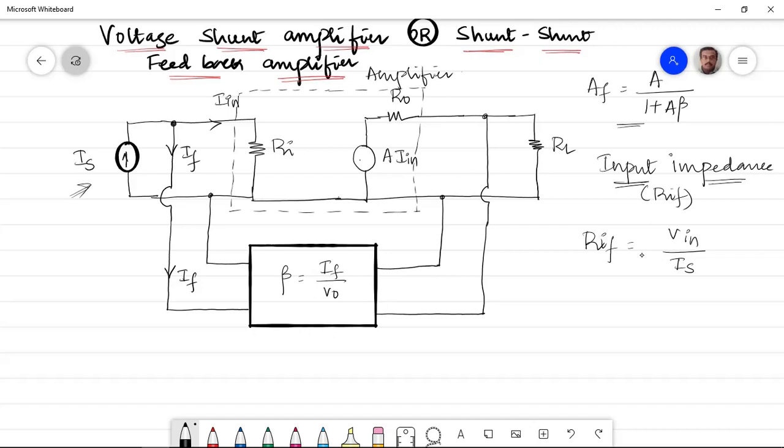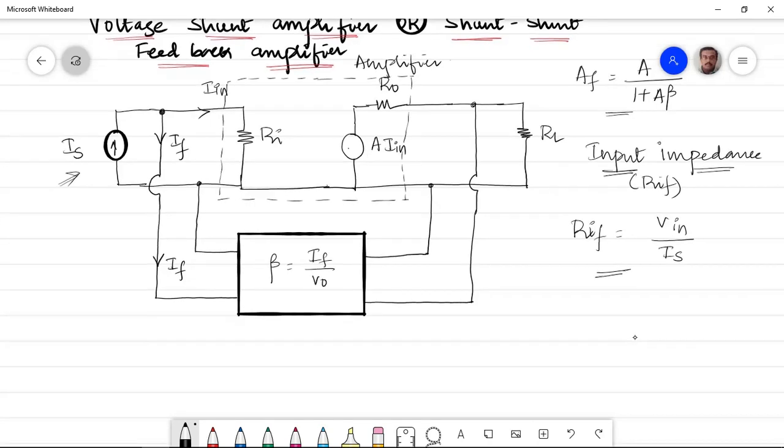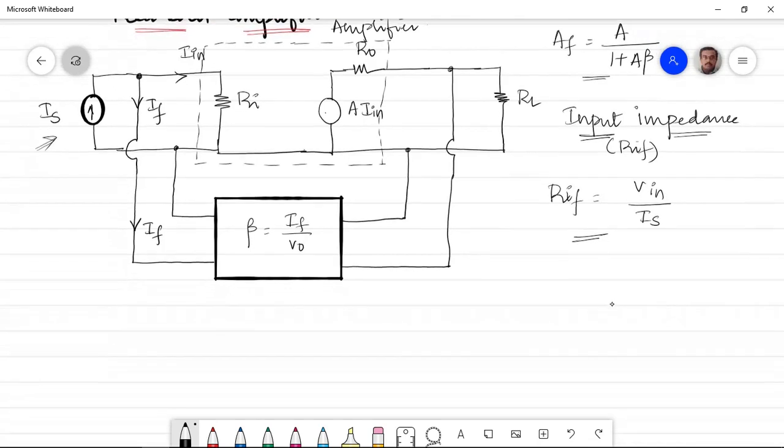You must be wondering, where is that Vn? Vn is nothing but the voltage which drops at the input terminal. Finally, my idea is to find an equation for this, Vn divided by Is, which gives me RIF. So I'll use the same definition of RIF in deriving the expression. So I'll say RIF is equal to Vn divided by Is, which is equal to Vn divided by,